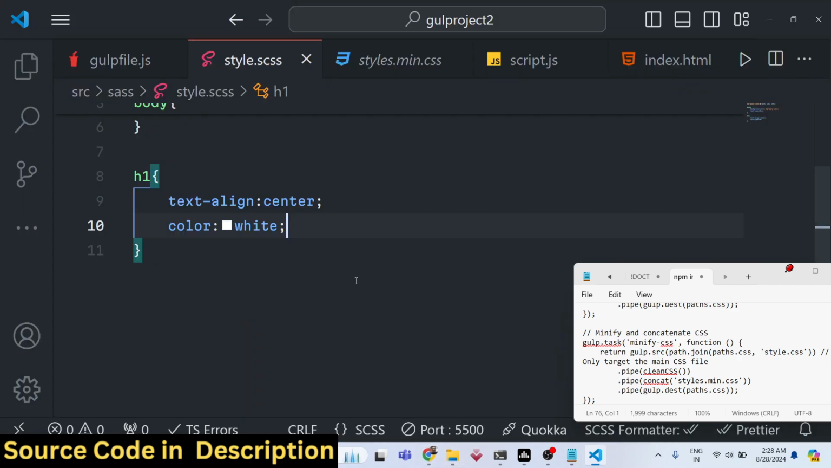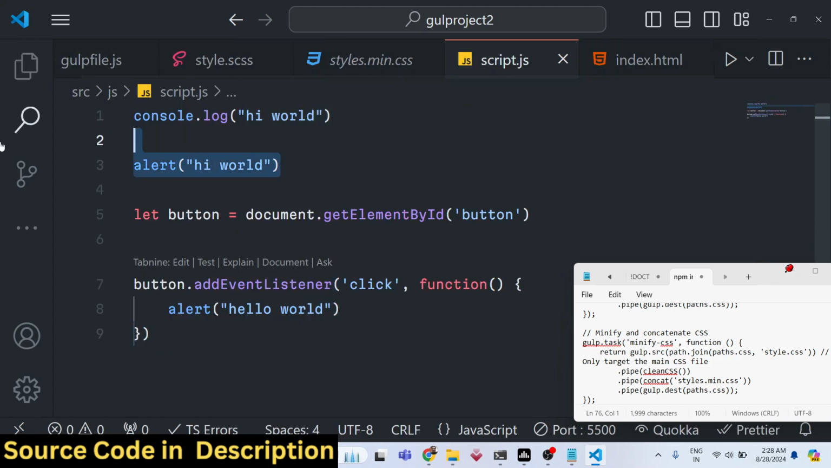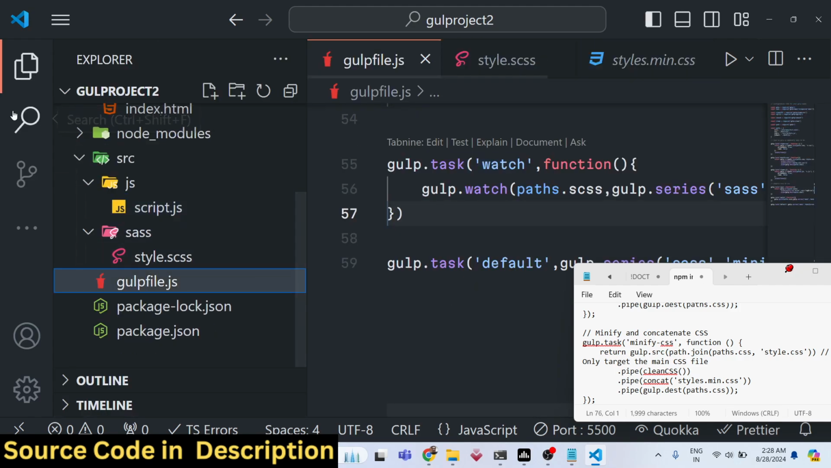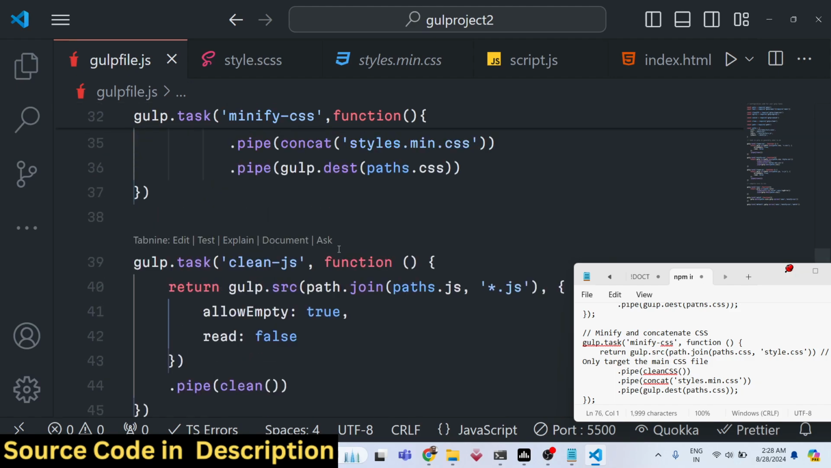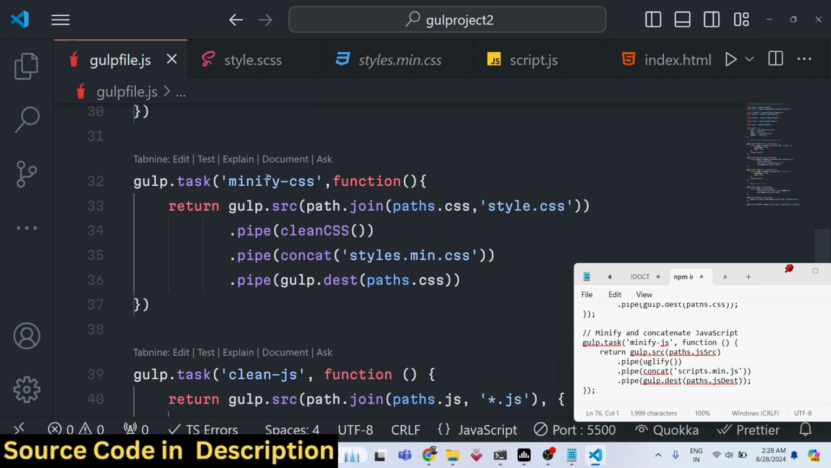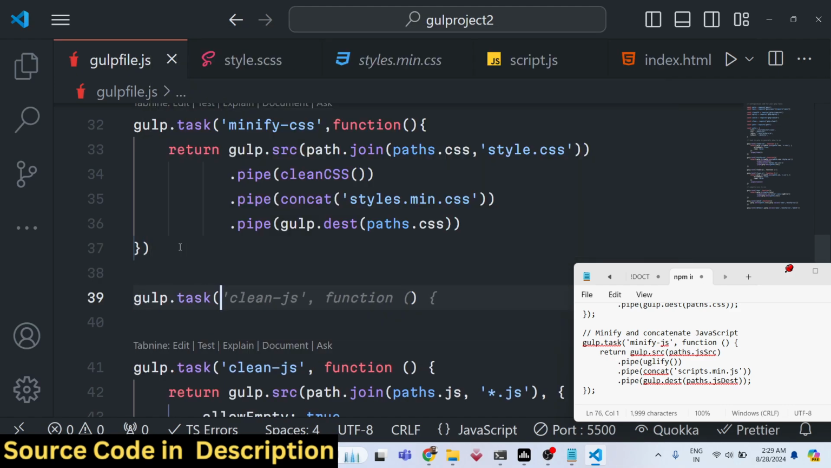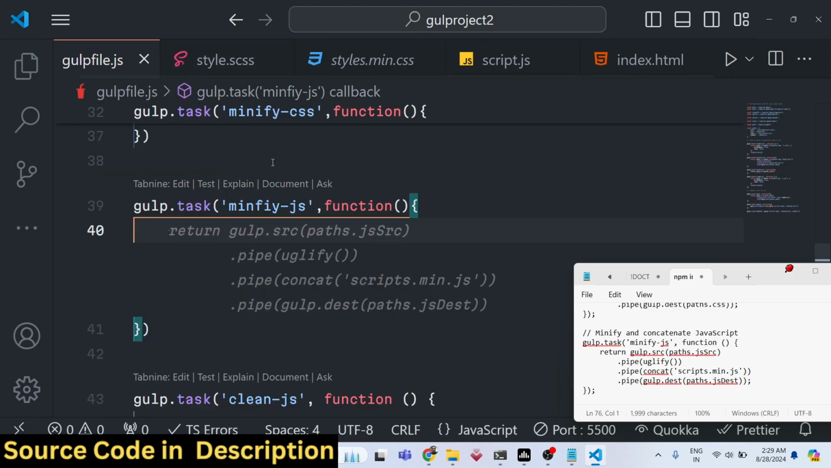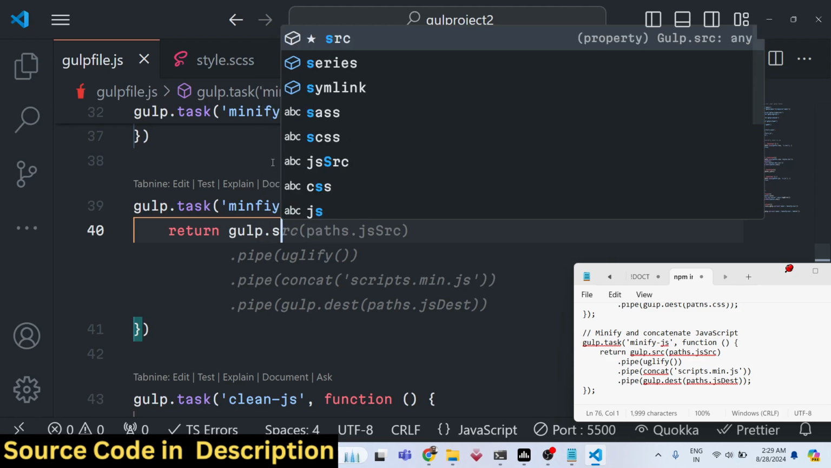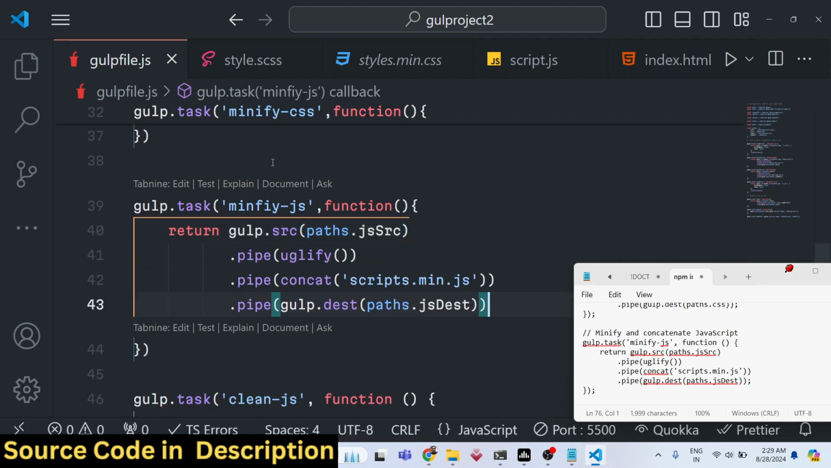So now we will be doing the same thing for the JavaScript as well. You can see the JavaScript is not executing because we haven't done that. So in the gulp file, we need to define the JavaScript as well now. For the JavaScript, we just need to minify it. So we will define the same task for the JavaScript as well, which is minify JS. So here we can define the same things: gulp.src, paths.js source, and then